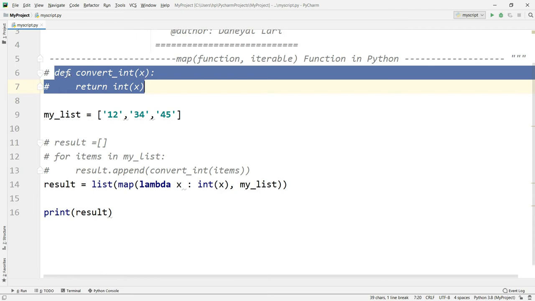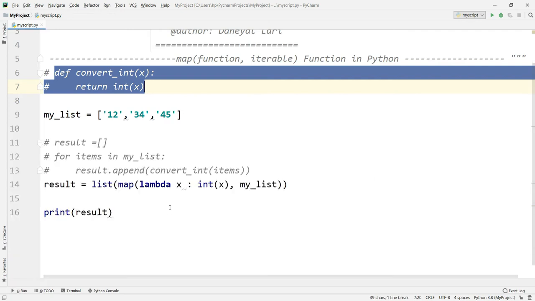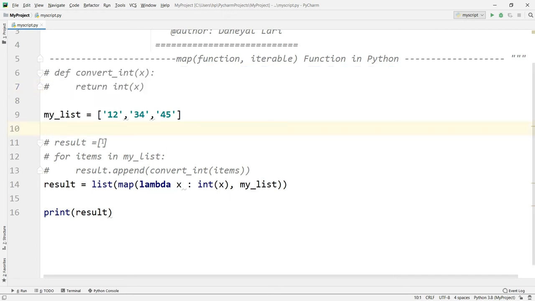I have commented out this function, and now I am passing only the lambda expression. Just look here. Now you can see that we are getting the same output. Isn't it fine that we can use the lambda expression in any function? So yes, a lambda function is very useful in situations where you are applying only a few things on a particular bunch of data.